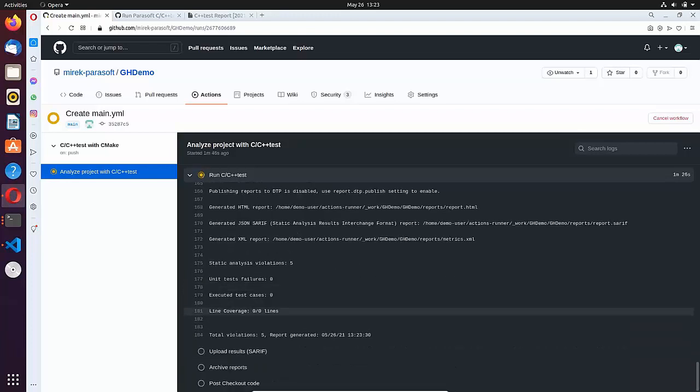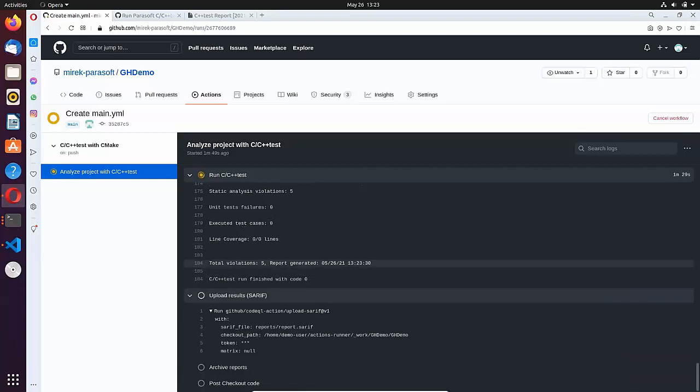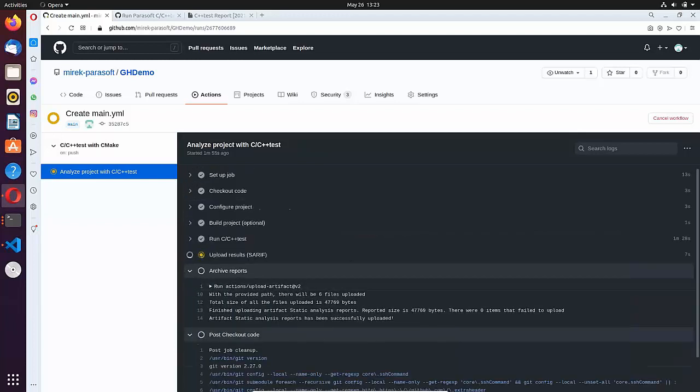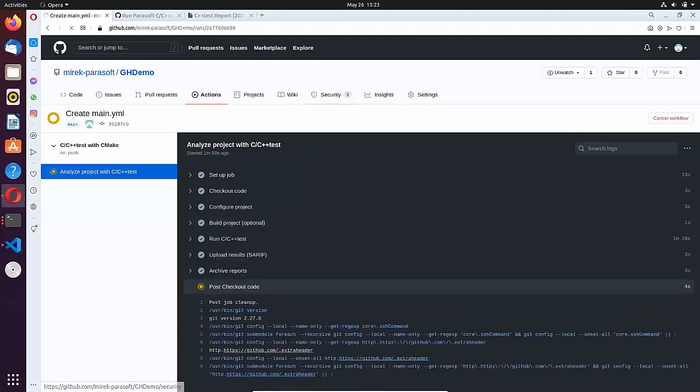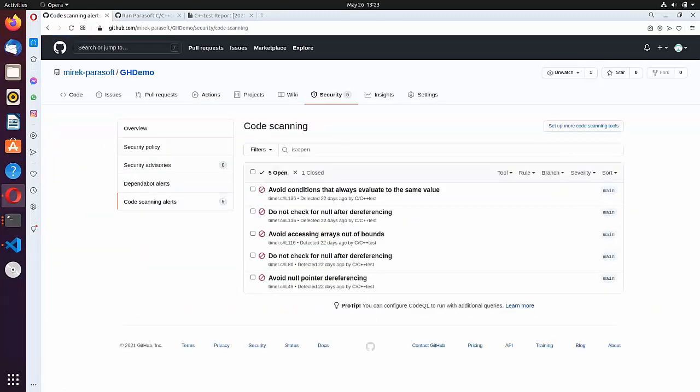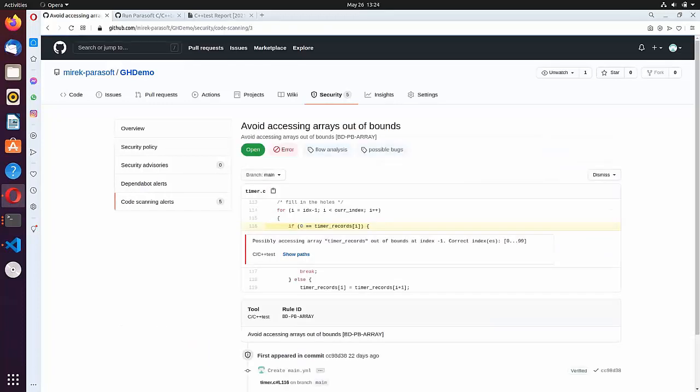So this is in progress now. As you can see, we have 5 static analysis findings, and right now the report is uploaded. So I'm ready to go to the security tab. And if I click on code scanning alerts, GitHub displays all the static analysis findings. If I want to get more details, I can click here, and I'm presented with a code snippet that points to the place where the specific problem appears, and I have a helper comment that explains why and where